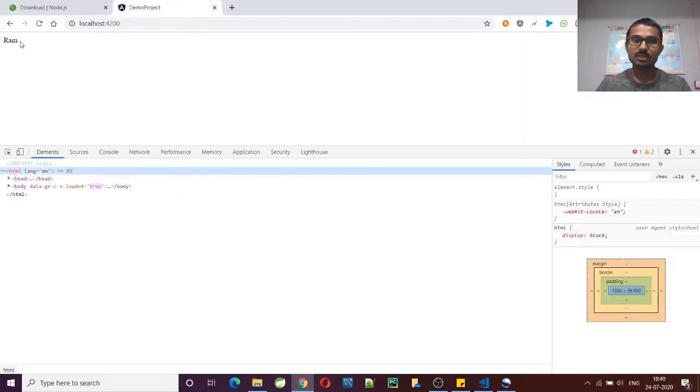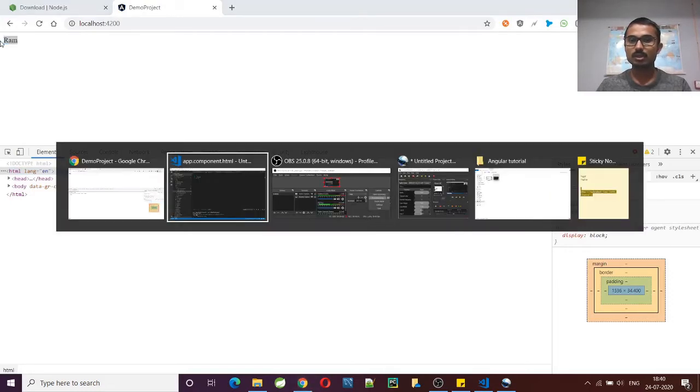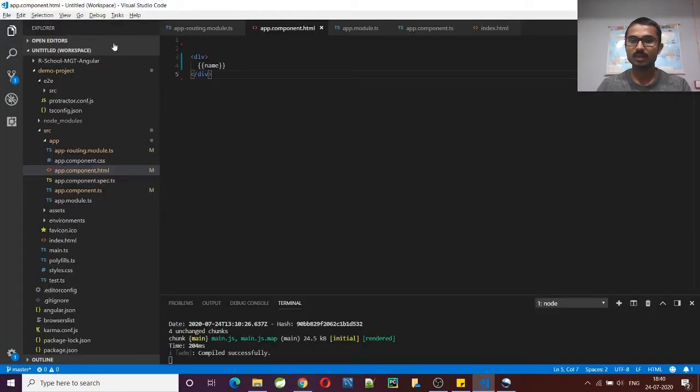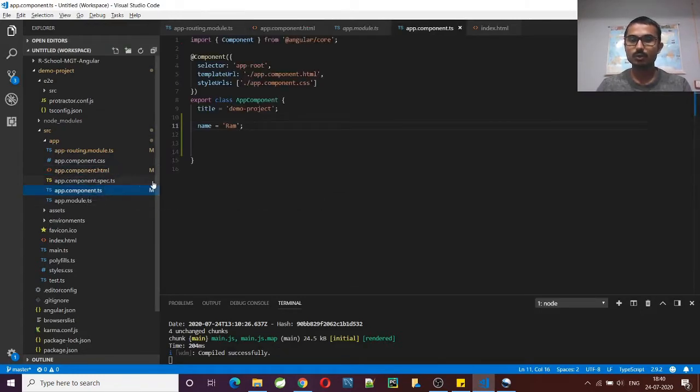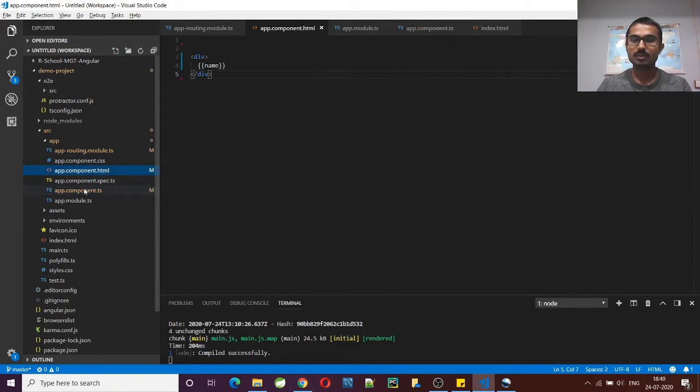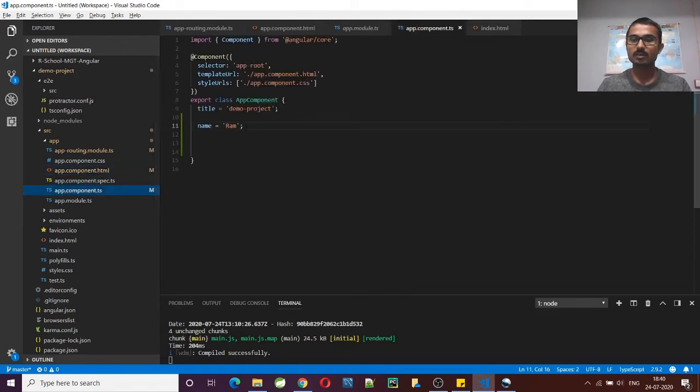Run is displayed. This string interpolation works in one way only. For example, if you have anything in your component.ts file, those values will be reflected in your corresponding view. Whatever value we have, if you just want to bind that data to the view, to display or for other purposes, you can use string interpolation.